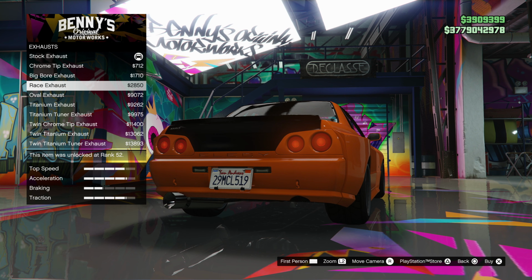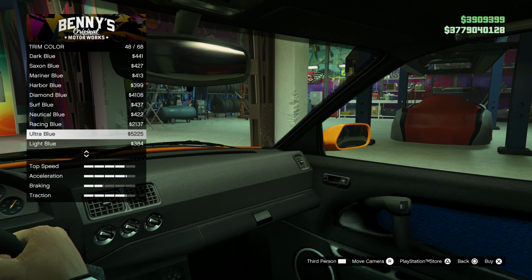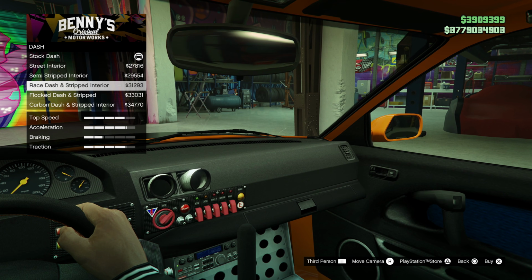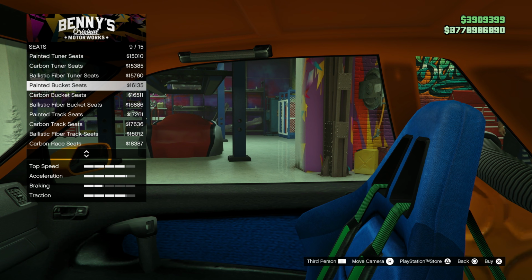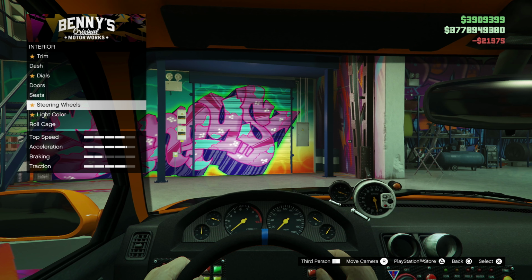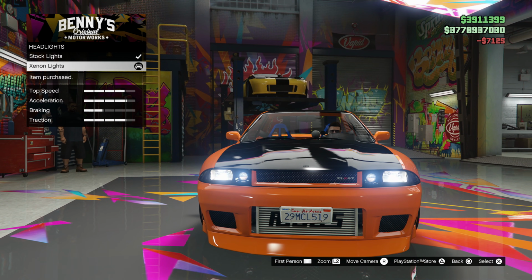We're going to go with the race exhaust. We're going to be leaving the hood stock. We're going to go with an ultra blue trim color. We're going to go with the race dash and stripped interior. We're going to toss the mounted Tasho on. We're going to go with the painted bucket seats, Rally Clubman steering wheel, some ultra blue lights, xenon headlights, underglow